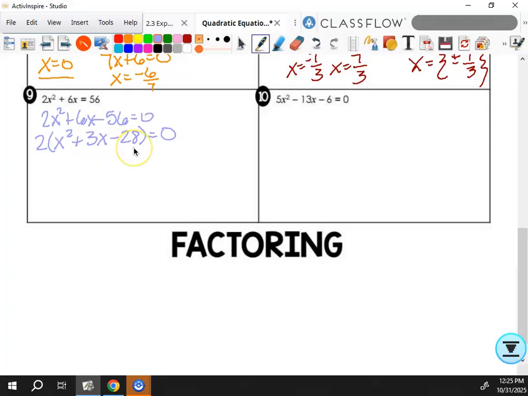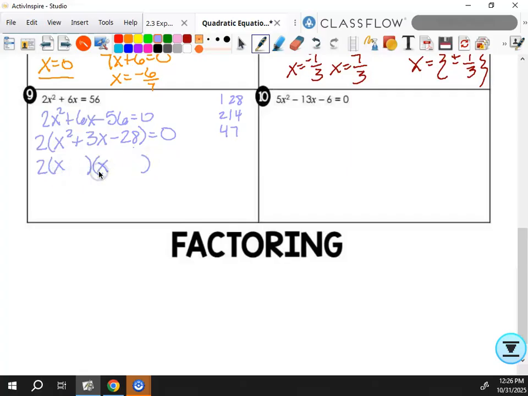You need the factors of 28, so we can do 1 and 28. You can do 2 and 14. 3 doesn't go in there. I can do 4 and 7. And just keep going. Writing them down instead of staring at it can be very helpful. And because A is 1 here,